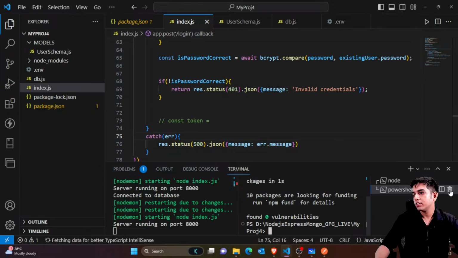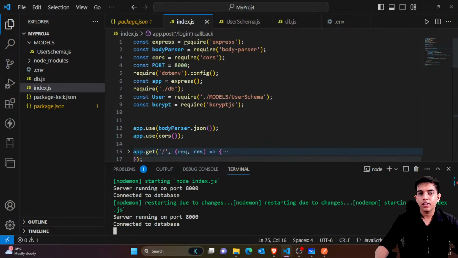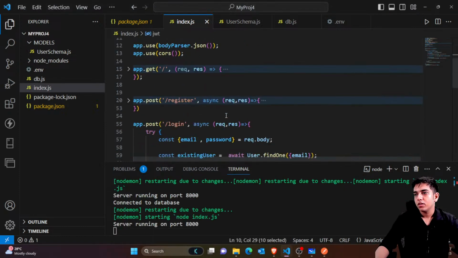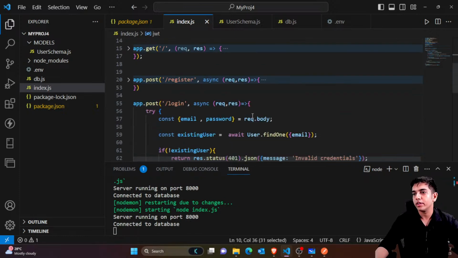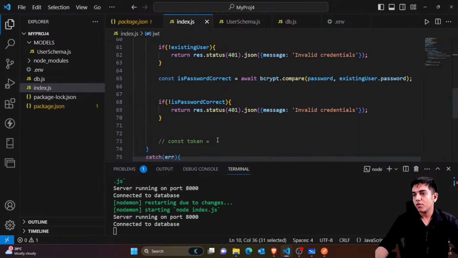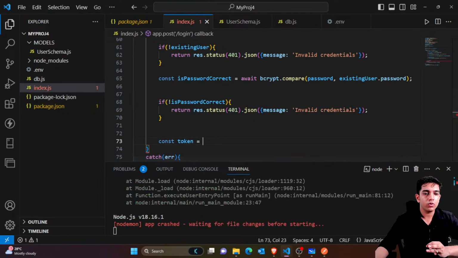What would happen after installing this? We can actually use JWT here, so we can simply import JWT. So const JWT equals require jsonwebtoken, in short JWT. Now what we would do is create a unique token with three values: header, payload, and the signature. For that we need to provide some parameters. So for providing some parameters, let's say